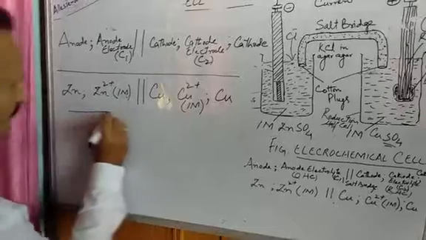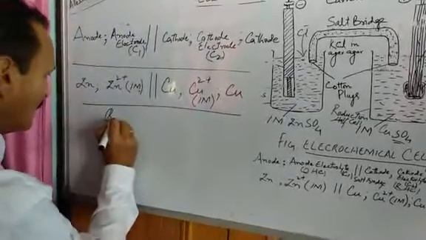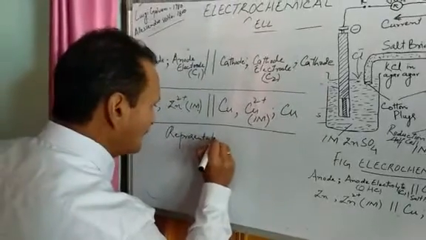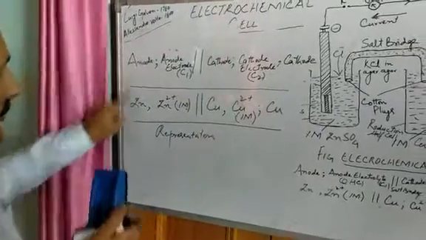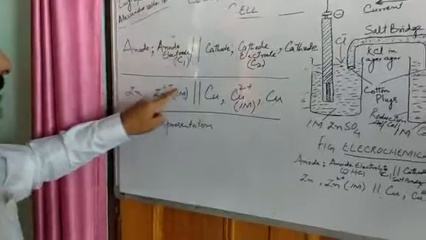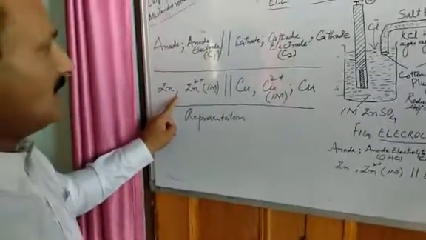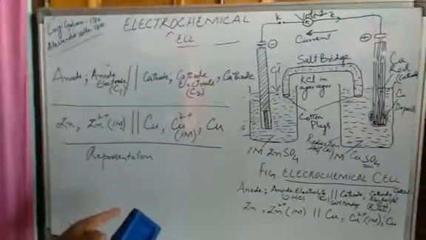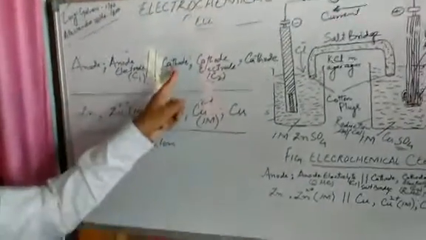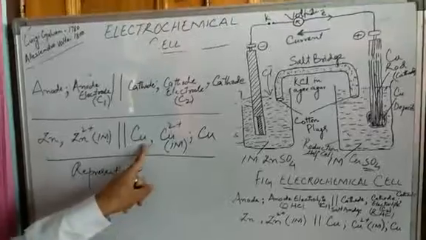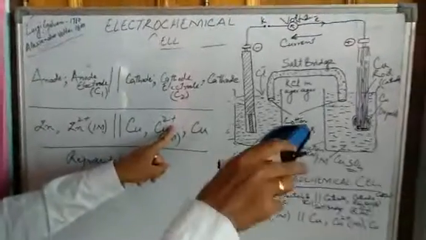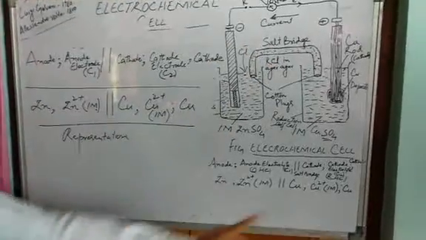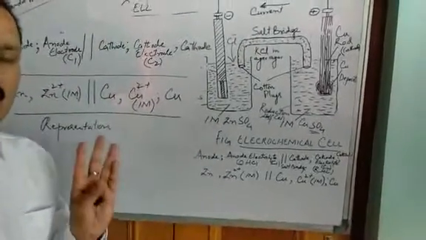So this is the representation of an electrochemical cell. I will repeat it. Anode followed by anode electrode, and we keep a semicolon in between, followed by salt bridge. Salt bridge is simply represented by drawing two parallel lines from top to bottom. Then we write cathode, here in this case copper, then the electrolyte, that is your Cu2 positive ions, and finally the cathode, that is your copper rod. So this is all about the electrochemical cell.